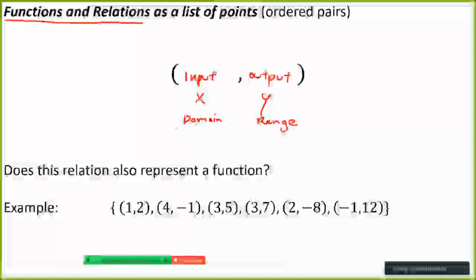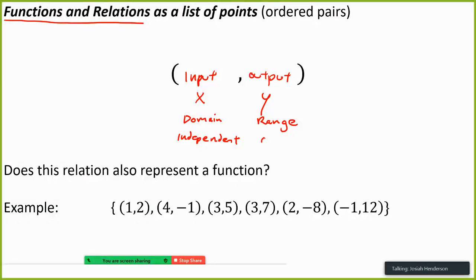And what's another term we've had for these? Independent variable. That's the same thing. Independent goes first. Independent, and then dependent is the second one because it depends on the first one. Dependent. So anyways, this is a single